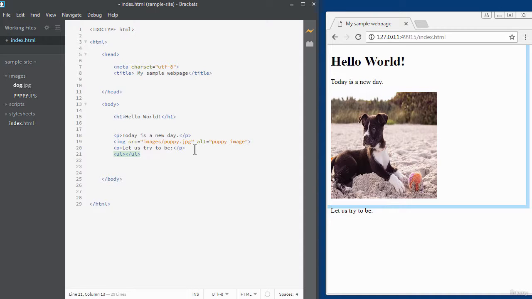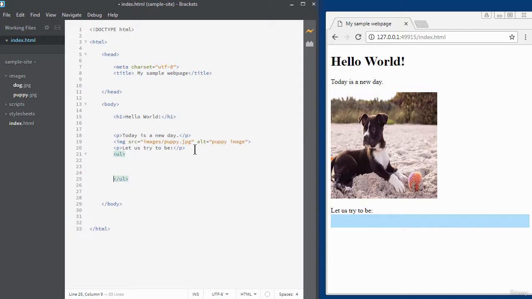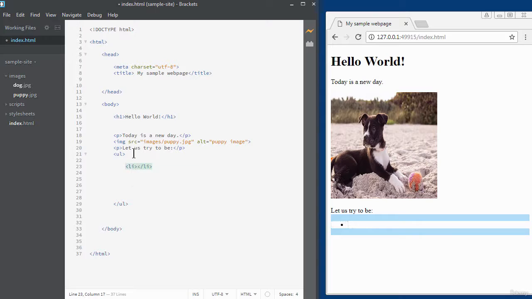I'm just going to press enter on the keyboard to separate that list. And inside that list, you also need the list item tag to list the individual items for the unordered list. So inside there, you type in the LI. Again, you do less than, and then you type in LI to indicate it's a list item, and then a greater than, and in between the list tag is where you list the item. So I'm going to type in